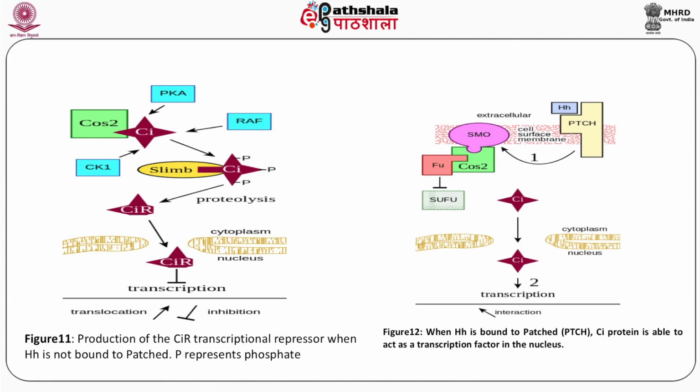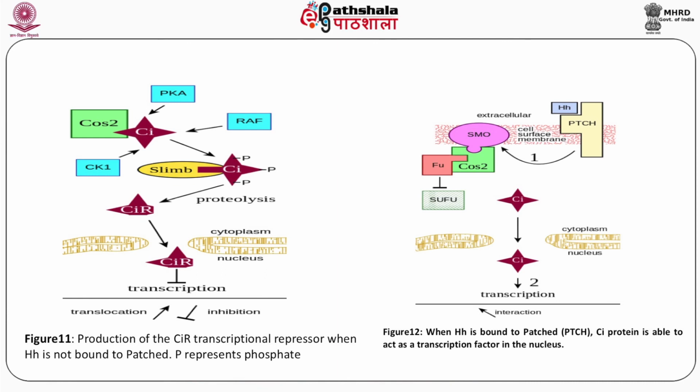Gli proteins in vertebrates, is tethered to the microtubules by COS2 and fused protein. This binding allows the PKA and SLIMB proteins to cleave CI into a transcription repressor that blocks the transcription of particular genes. This figure shows the production of the transcription repressor when Hedgehog is not bound to the patched protein, and in this, P represents the phosphate. Binding of Hedgehog